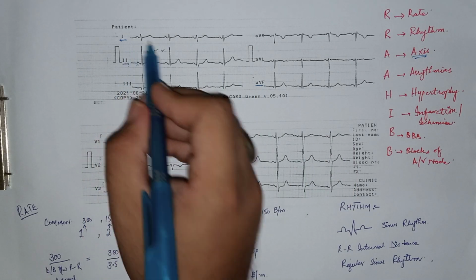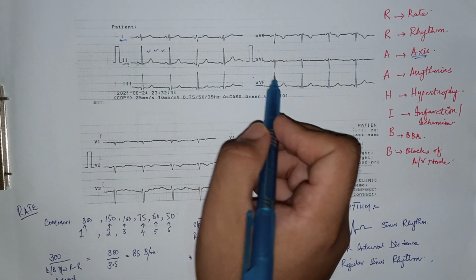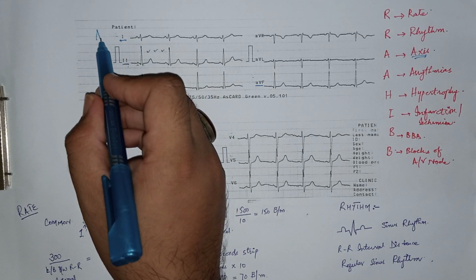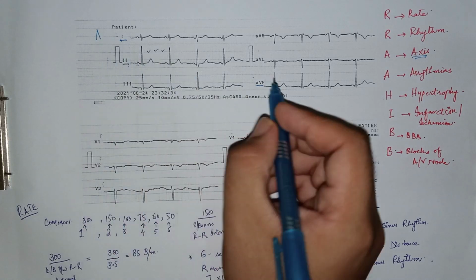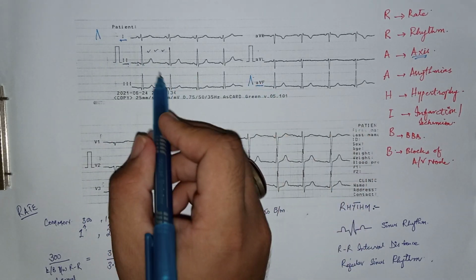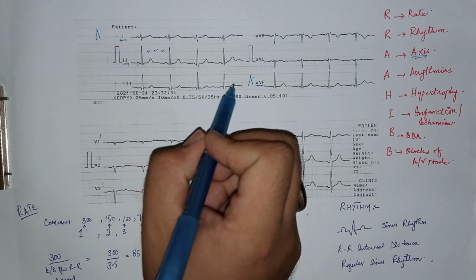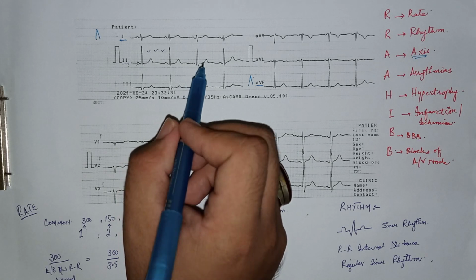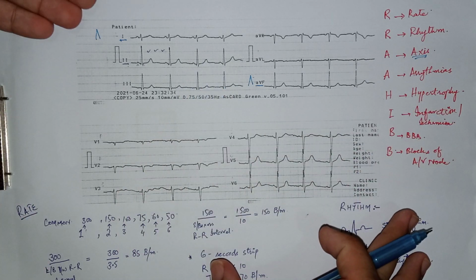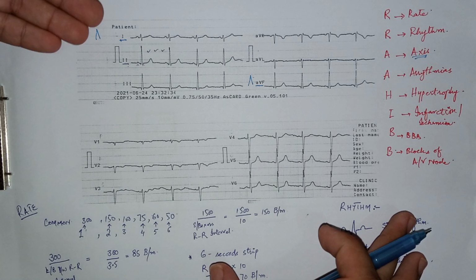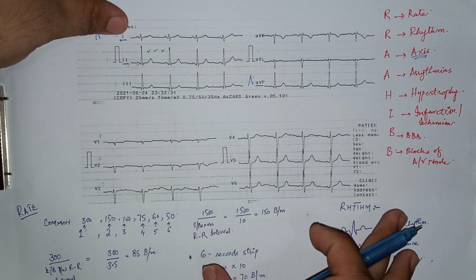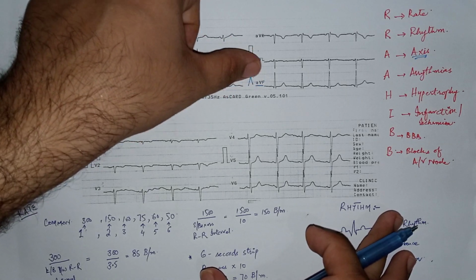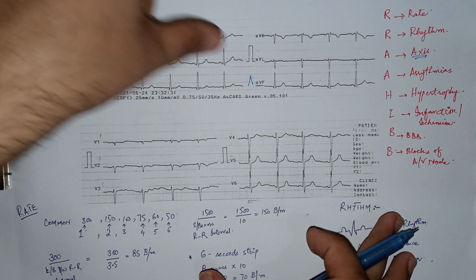If lead 1 as well as lead AVF show positive QRS complexes, that is, positive or upward deflection of the QRS complexes like this, it is called normal axis. If this is deranged, disturbed or changed, then this is called deviation of axis. So this is the normal ECG, that is, normal axis in this ECG paper. Upward deflection of the QRS complex in lead 1 and upward deflection of the QRS complex in lead AVF. So this is normal axis.